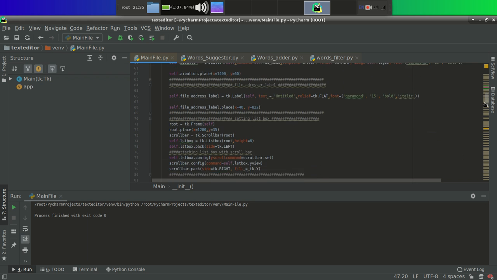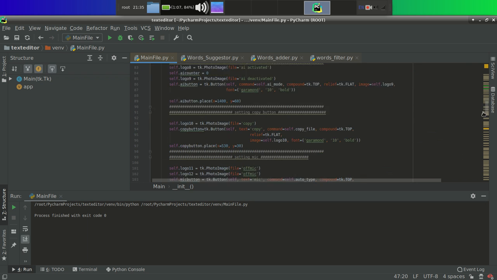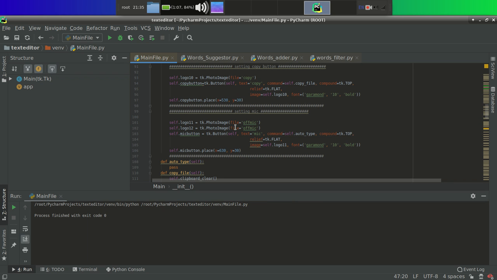And yeah, setting list box, copy button, setting mic button. You can see from here we have used setting mic button, and cell logo 11 for off mic and logo 12 for on mic. Sorry, I have used off mic, so I have to use on mic for this.